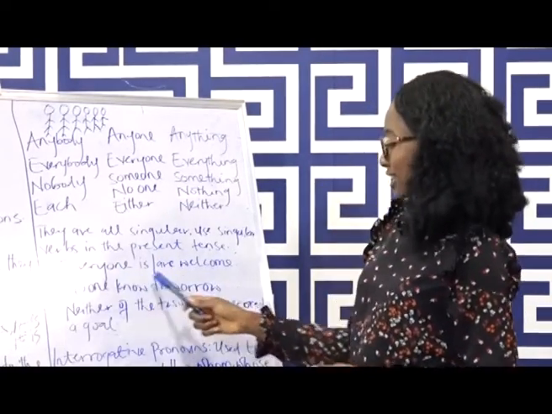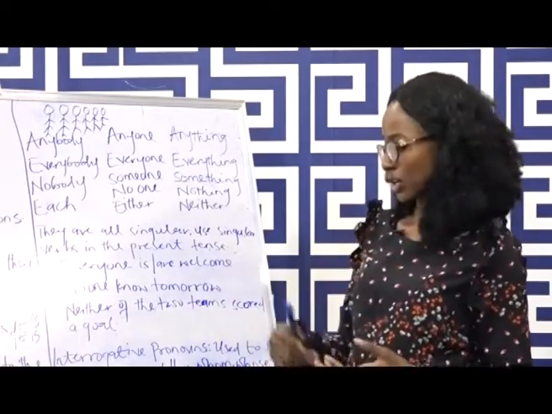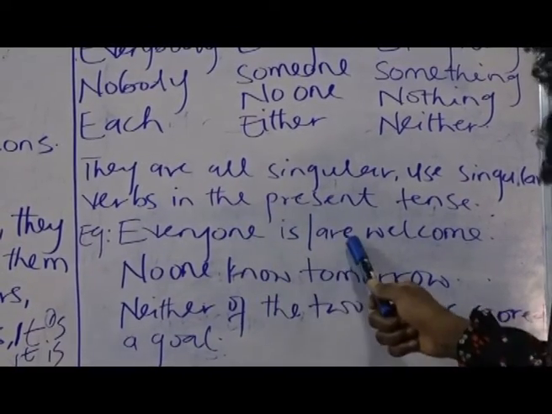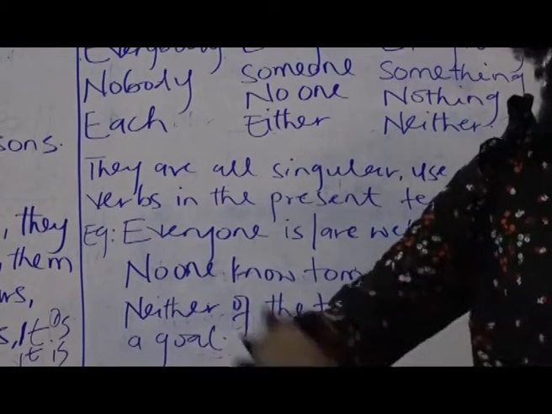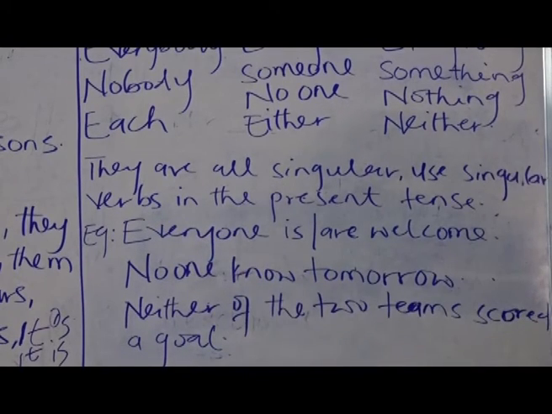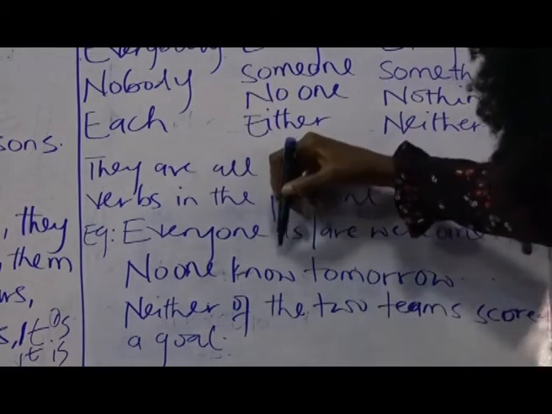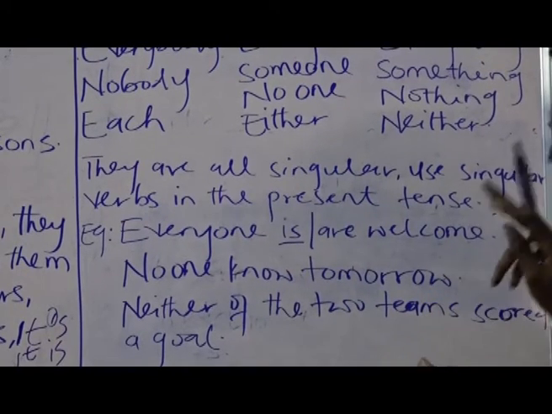When you look at this sentence, you could say, well, everyone is welcome since we are not referring to... You can say everyone are welcome since you have seen everyone here. That means you're referring to more than one person. But no, the correct thing to use here is: everyone is welcome. Now, this is because